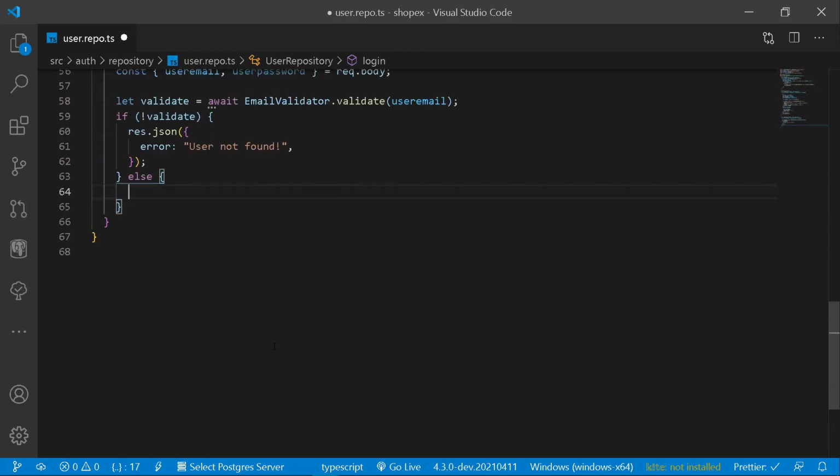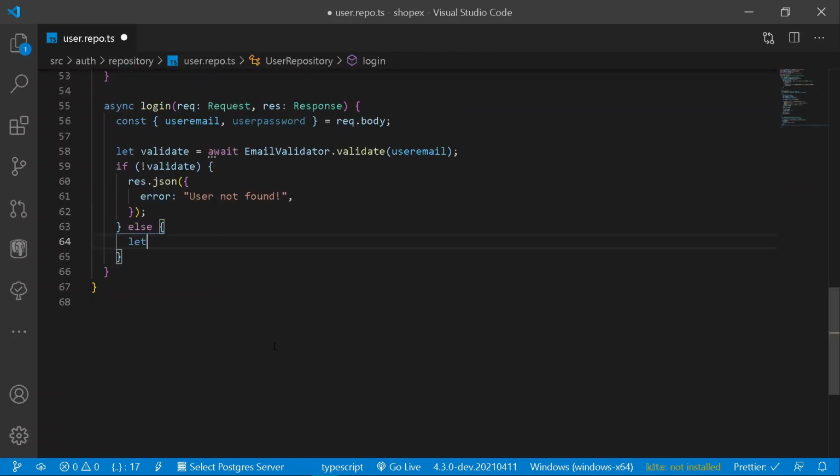So under our else block, first of all we need to find the user ID who is logged in, that is who has entered the following credentials. So for that purpose, first of all let's find the user from our database. So here let's have a variable called find user from DB, and the following thing shall be simply equal to this dot create query builder, just like this.